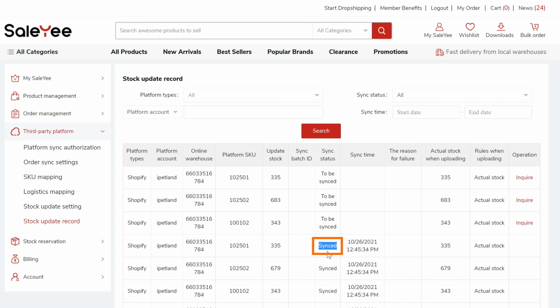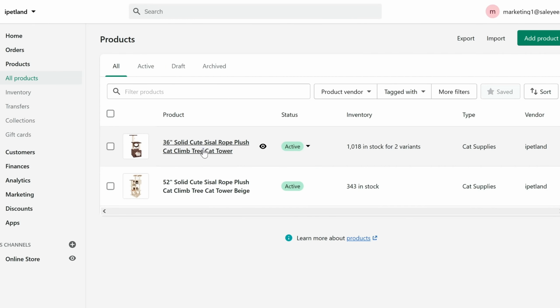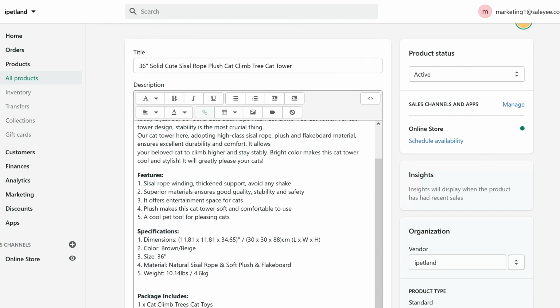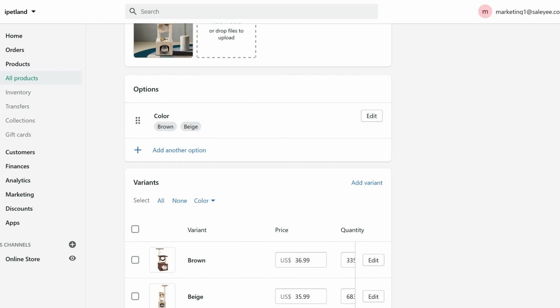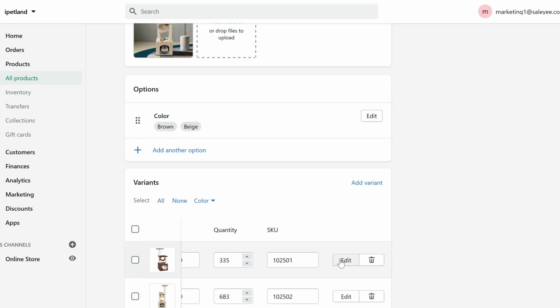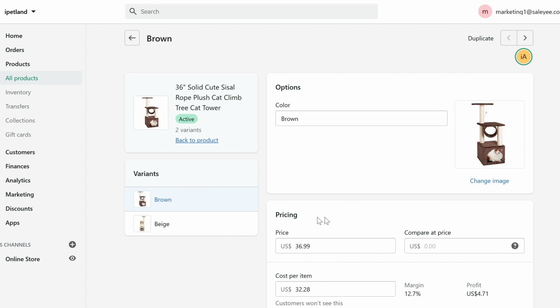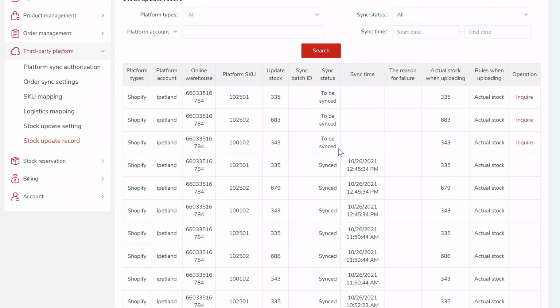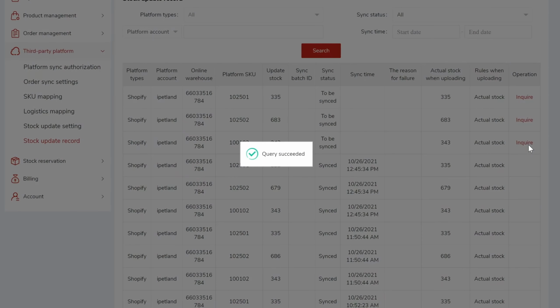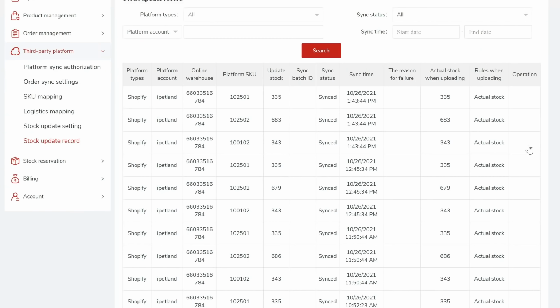Synced means successful, and you can check the corresponding inventory history in your Shopify store. In comparison, to be synced means pending, and you can click Inquire if needed.